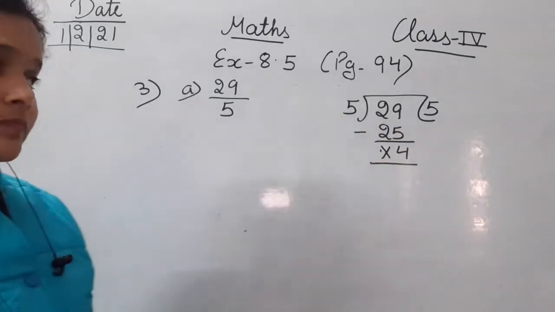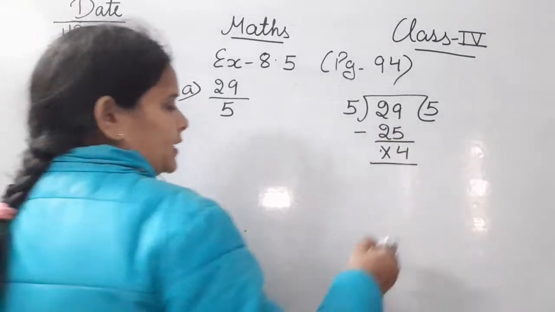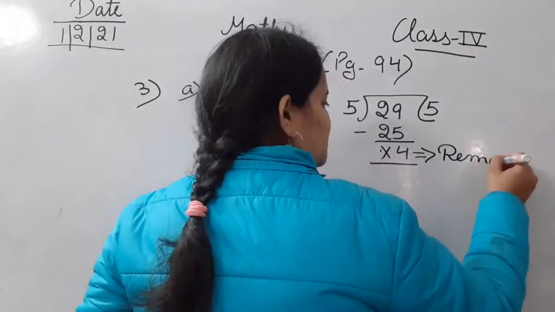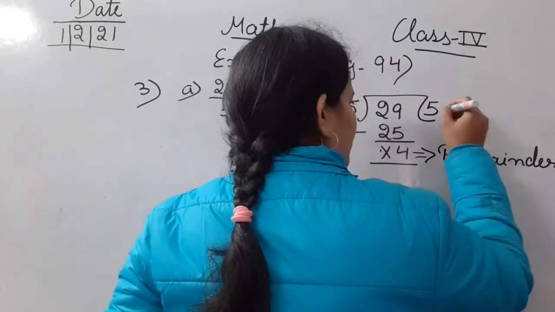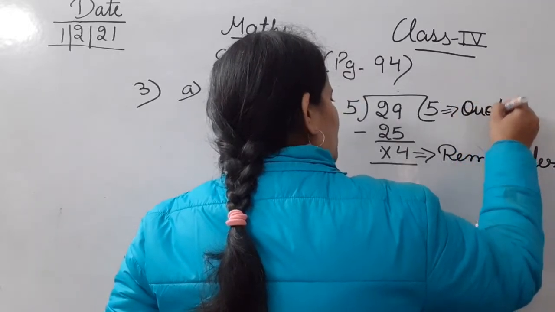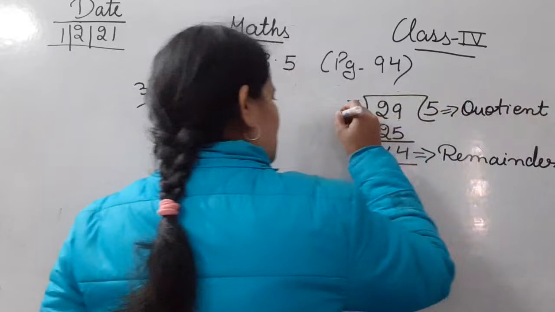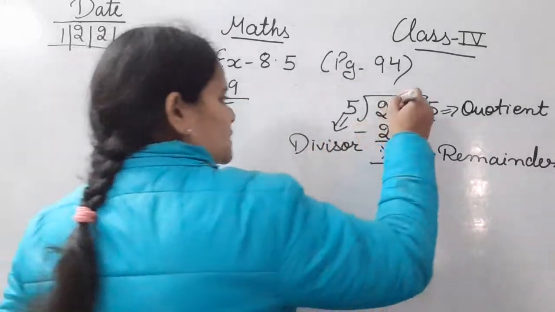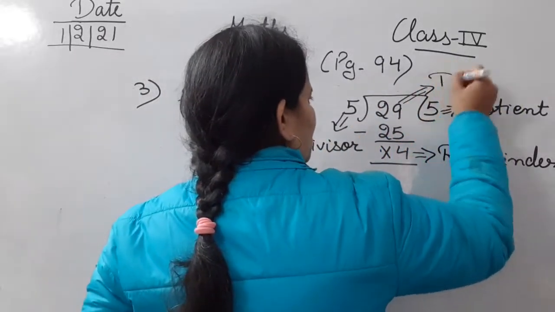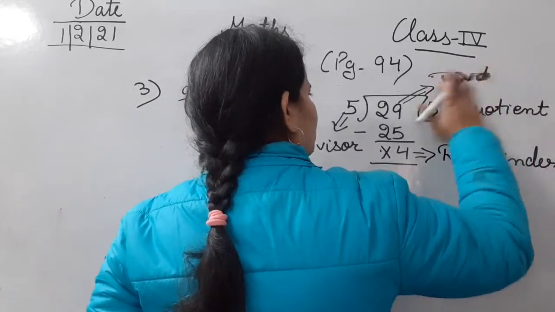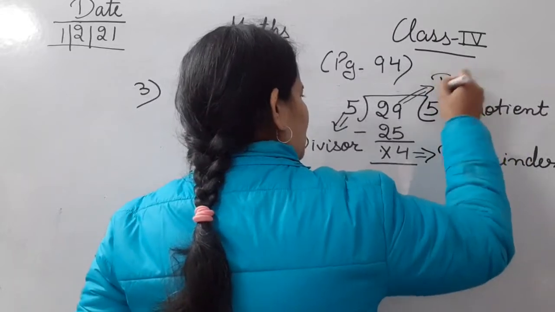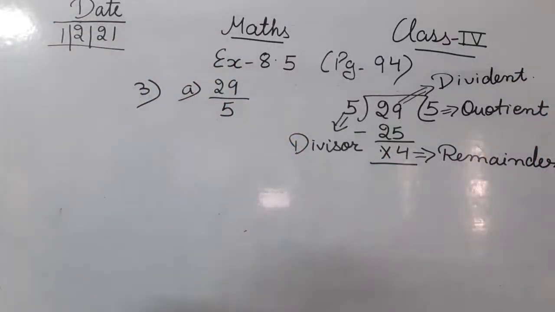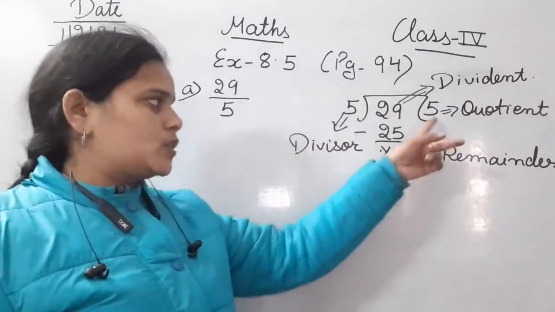So देखिए, the important thing that you have to keep in your mind, that you must be knowing. आपने already division chapter किया, उसमें मैंने आपको बताया था, this is remainder, this is quotient, this is divisor, and this 29 is the dividend. तो ये 4 terms आपको पता हैं division में: divisor, remainder, quotient and dividend.